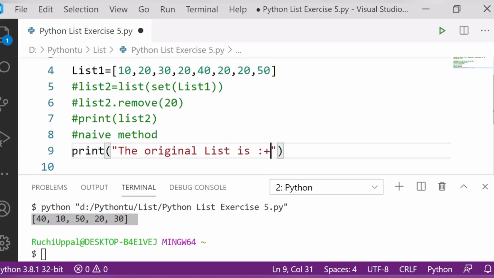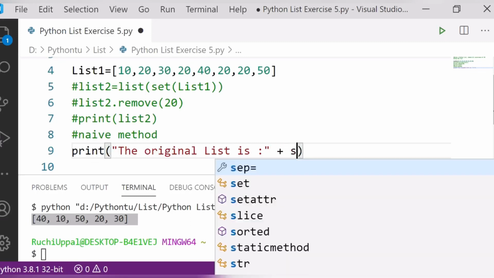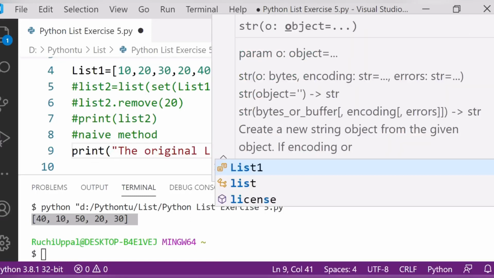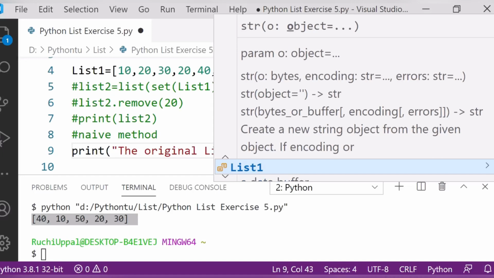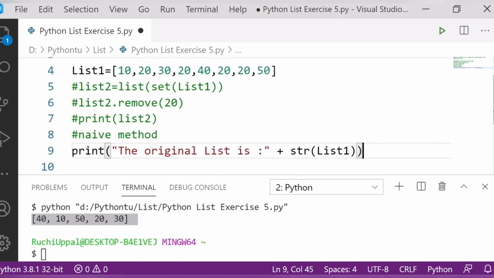I want to display my original list, as a string, that is list1.